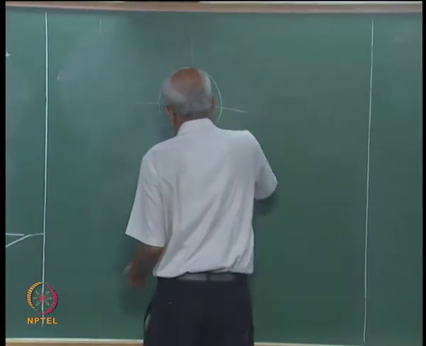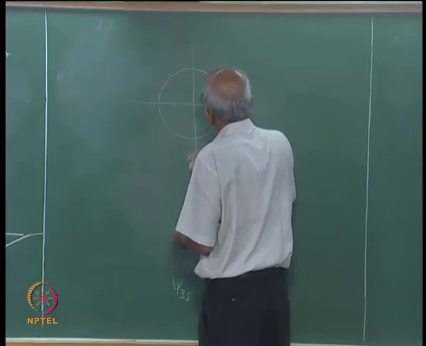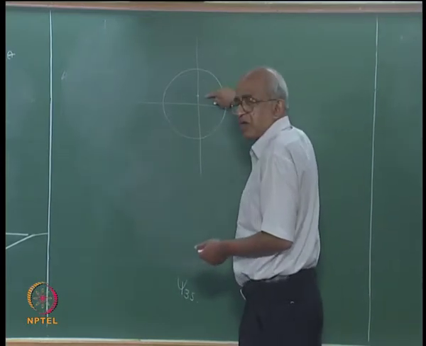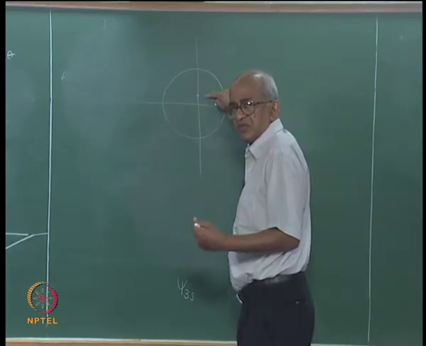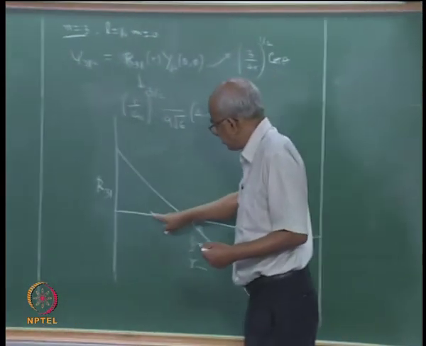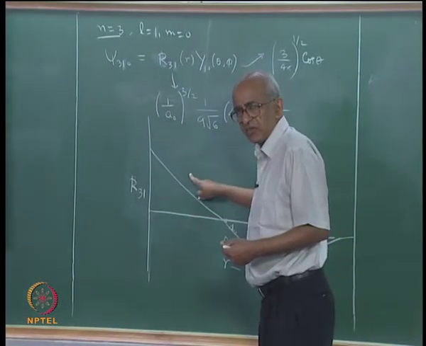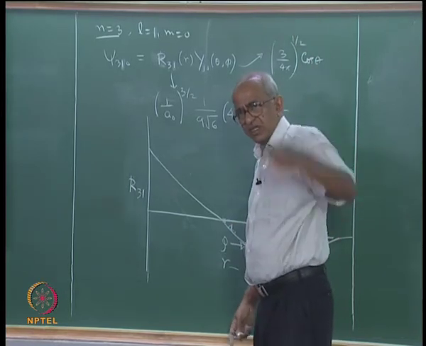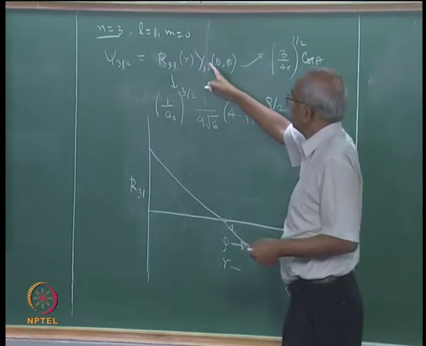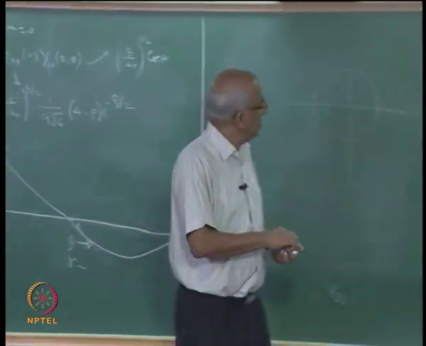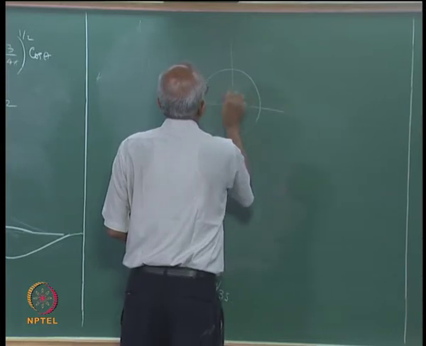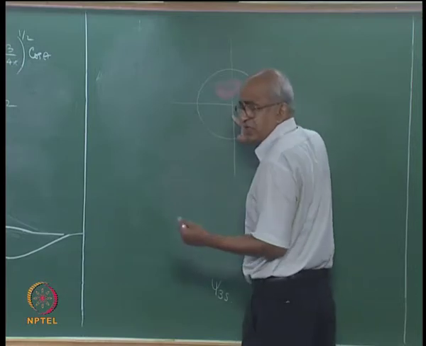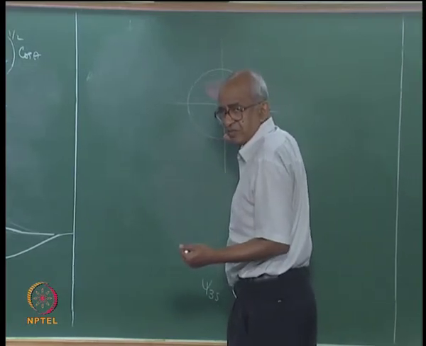So, let me represent this function by shading. Suppose I am somewhere here, then I know that the radial part of the wave function is positive. That is clear from this plot. So you are somewhere here, the radial part is positive, the angular part also is positive, because I am thinking of positive as a direction. Therefore, the total wave function, which is the product of these two, is going to be positive in this region. At the origin it has a 0 value.